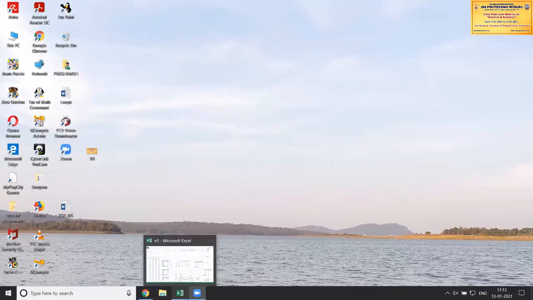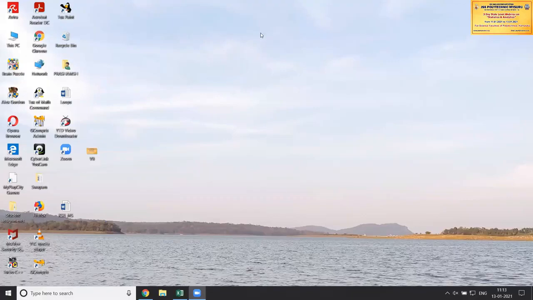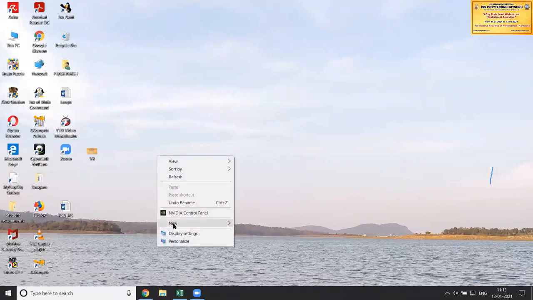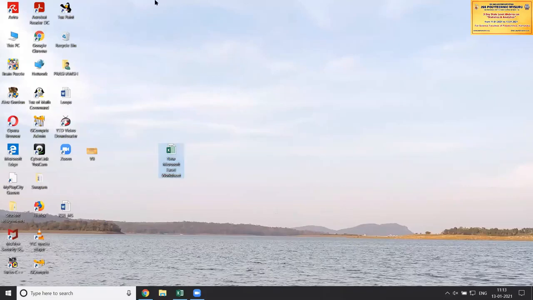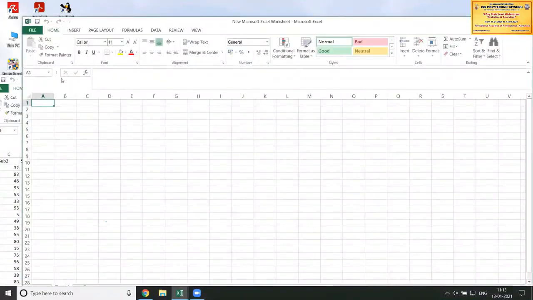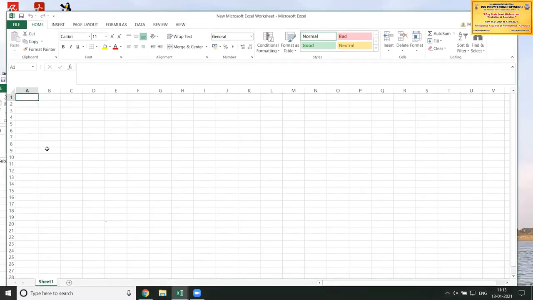Okay, so I'm going with the next program, that is to determine the standard deviation by taking two different sets of data values. So I'll go for Excel. Directly also I can go for Excel by right click, New, and create a shortcut for that. Here you will get Microsoft Excel Worksheet. Click on it. A new sheet is going to open for you. Okay, so here we'll start now with the second program.